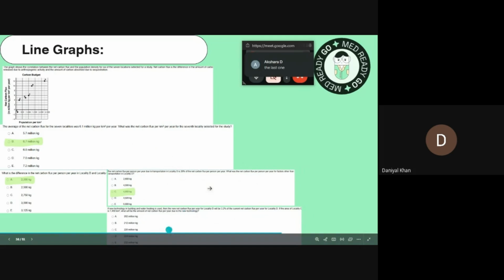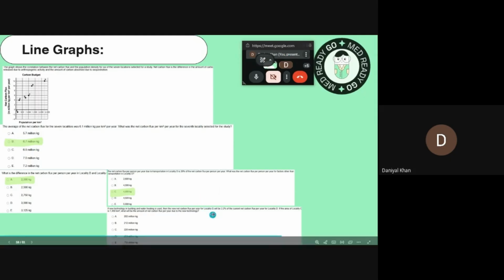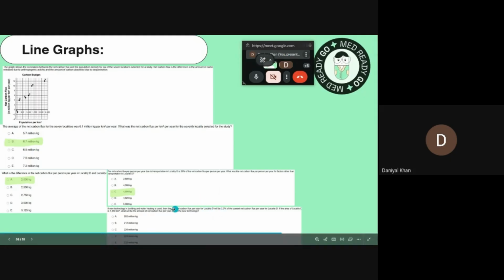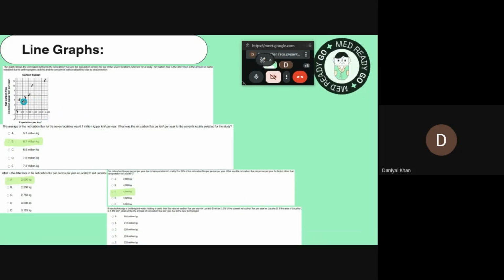So because they build a new technology, less carbon is emitted. That's what we can assume from the question, because it says that in locality D, the amount of new carbon introduced is going to be 3.2% of the current number. And as we established at the beginning, the current number is 5 million per kilometer squared. So what we do is find out what 3.2% of 5 million is. So you do 0.032 times 5 million, because 3.2% just means 3.2 divided by 100, which is 0.032. Times that by 5, you get